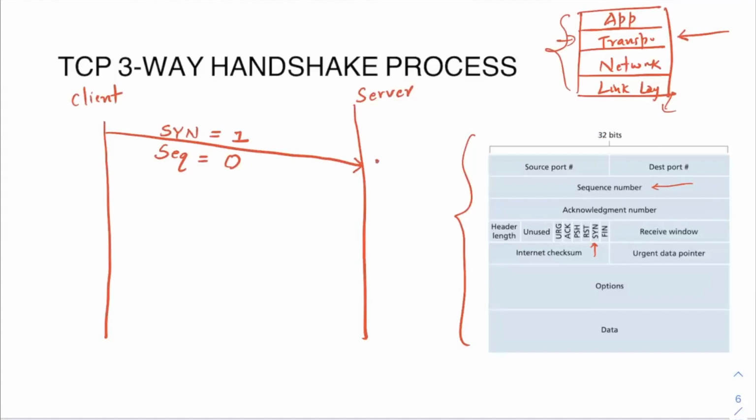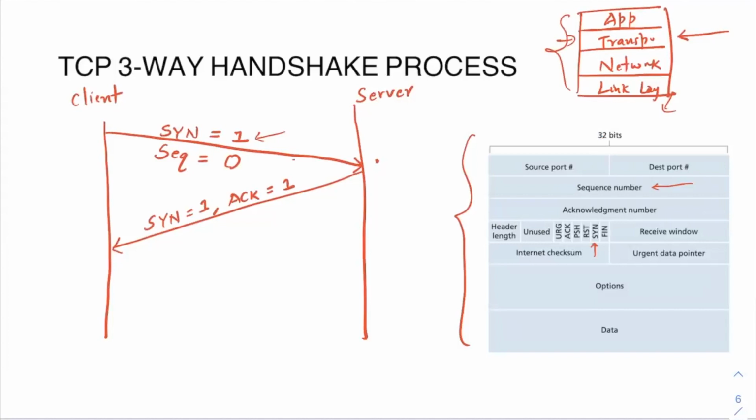Now the server will receive this packet. SYN equal to 1 here means that the client wants to establish the connection with the server. The server will see that in this packet, SYN is set to 1, so it will understand that the client wants to establish the connection with it. If the server also agrees to establish the connection, it will send another packet. In this, the SYN flag will be set to 1, meaning the server also wants to establish the connection. The ACK flag will also be set to 1. What it means is that the server is acknowledging the request from the client, the first packet that the client has sent to the server.